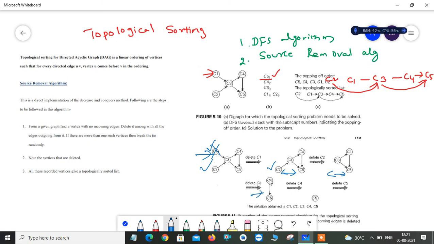Now C4 is not getting any incoming edges. See, C5 has incoming, but C4 does not. So just remove C4 and then C5. Which order will this give you? Here you are deleting C1 and here C2, and after that C3, C4 and C5. So now the order is C1, C2, C3, C4 and C5. And you have to check the topological sorting constraint: before visiting C4 and C5 you have to visit C3. See here. So this is topological sorting in design and analysis of algorithms. So I hope you